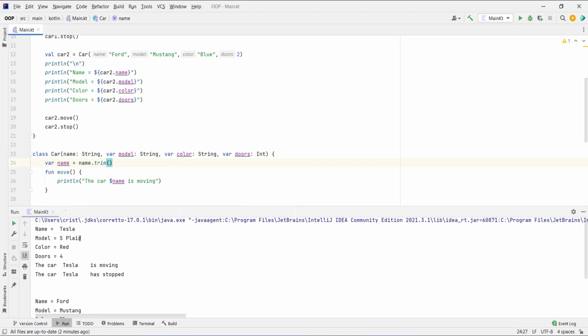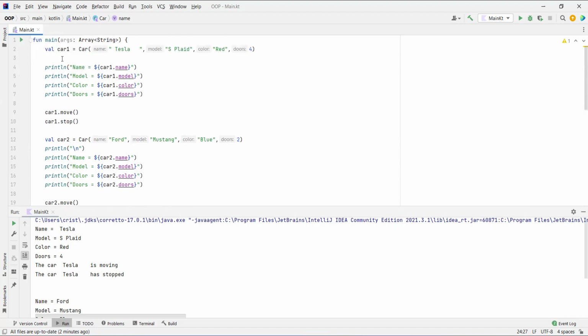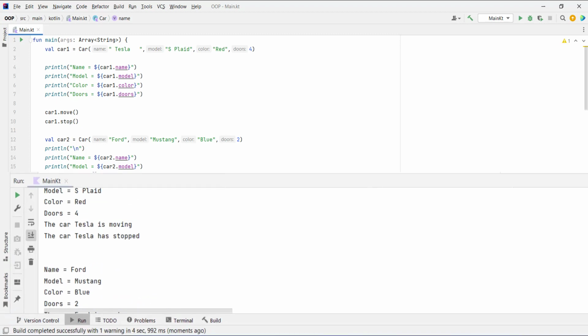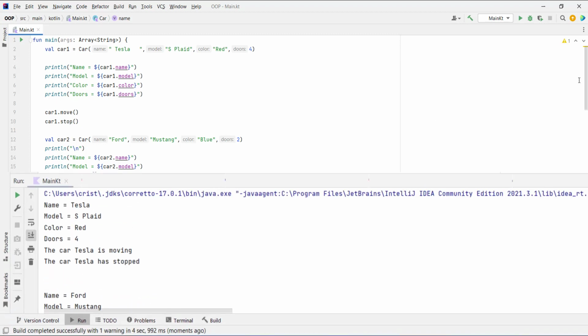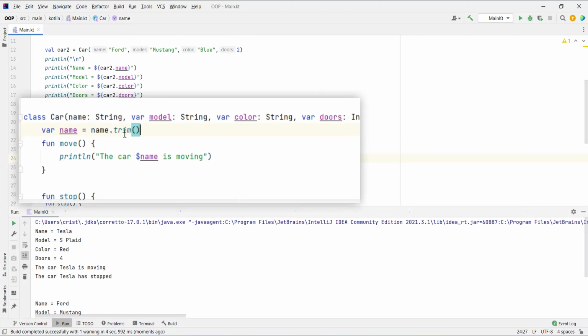So now if you run this code, let's go up, run the code. Now, as you can see, the space is removed, because we pass the value to the parameter name, then the parameter name trims that space, and after that it's assigned the value to the property name.